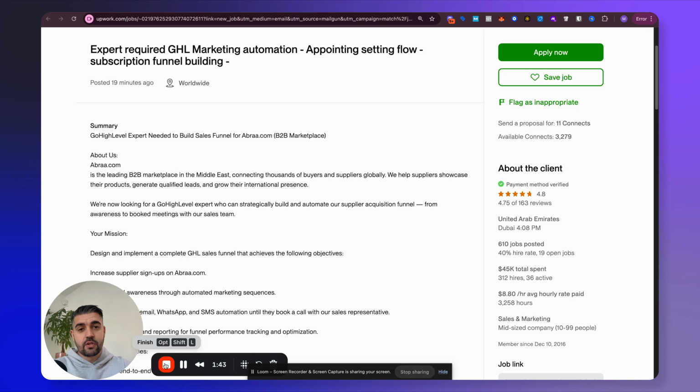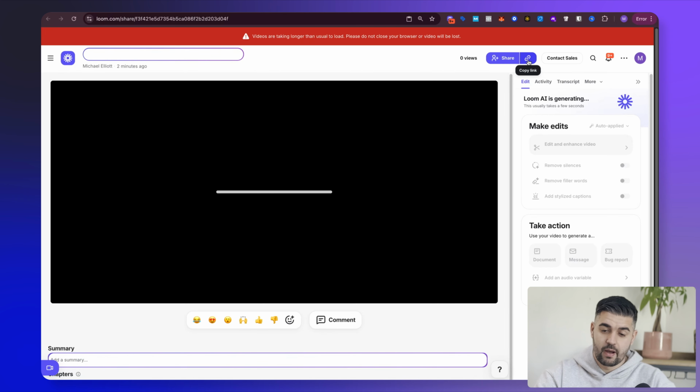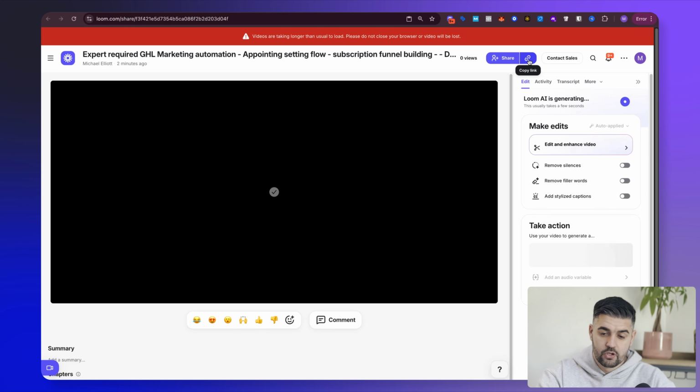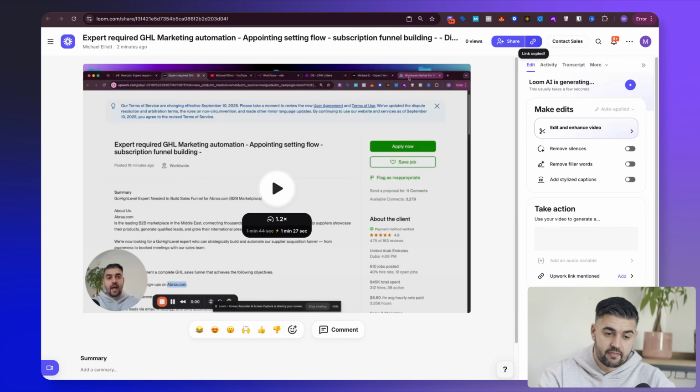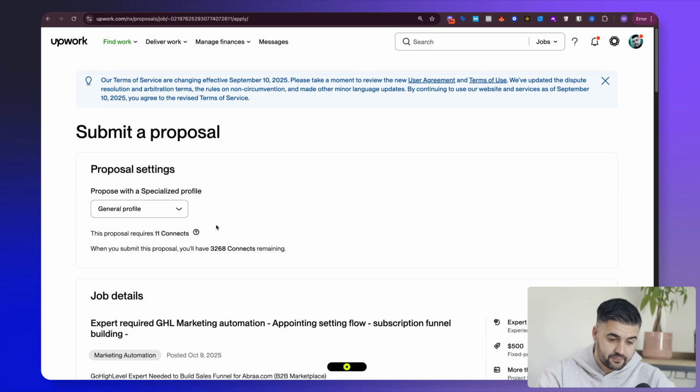Not the best loom that I've ever done. It was good, it wasn't the best loom I'd ever done, because I'd found out his name was Omar from the reviews below, which is a tip for you after. You can engage them by mentioning their name once you've fired it over. But it doesn't make any difference. We apply anyway, because this is a numbers game. We apply now.